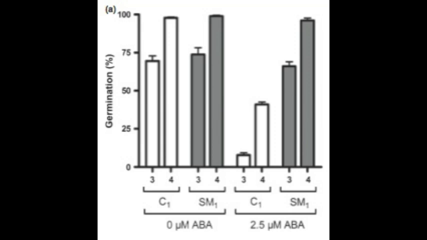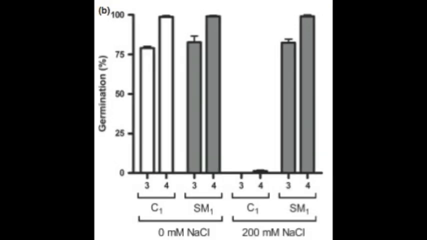If you germinate them on media containing ABA, you block the germination of the seed that came from the control parents. But the seed from the herbivore infested parents germinate just the same as if there was no ABA there. They don't see the ABA at all. There's an even more dramatic effect with salt. We put them on high salt, which again induces ABA signaling in the seed, and we can get almost zero germination in our control lines and pretty close to 100% germination in the seed from the herbivore stressed parents. So there's a big change in ABA sensitivity, as well as a change in hormone levels.